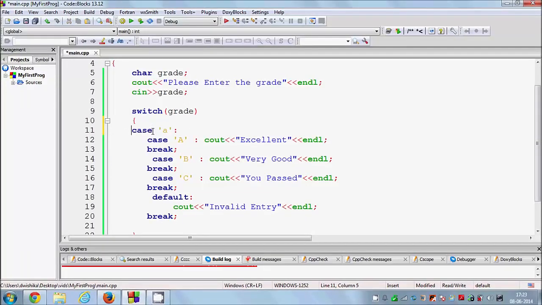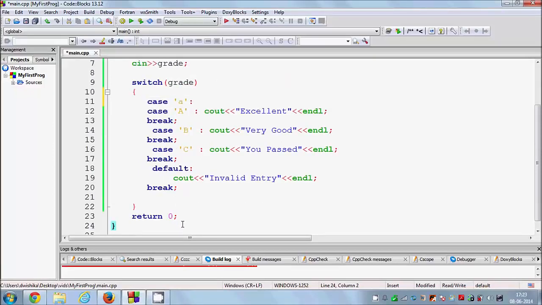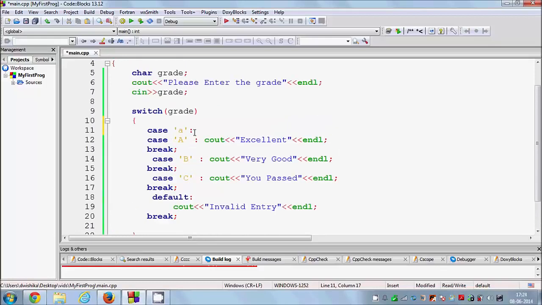So now what happens in this condition? If I don't provide any break after my case, what happens is it goes to this condition if user enters small a, and then it sees if the break is there, and if it finds the break, it breaks the switch conditions and goes out of this switch. Otherwise, if the break is not found in this case, it goes to the next case